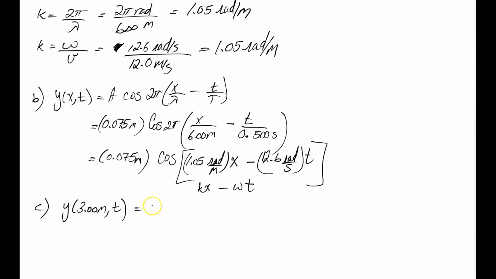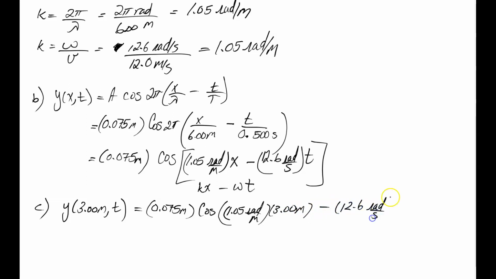We get 0.075 meters times the cosine of 1.05 radians per meter times 3 meters minus 12.6 radians per second times t, which will give us